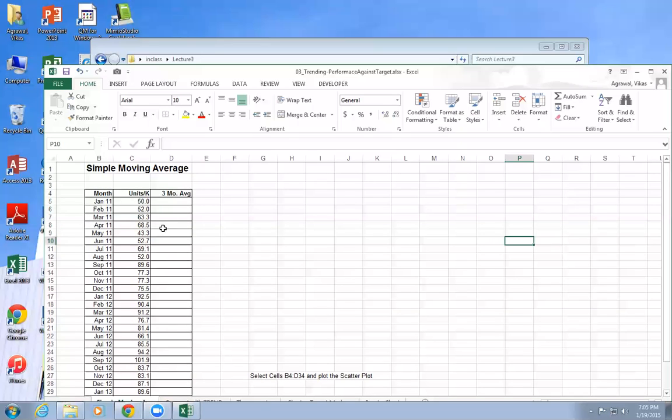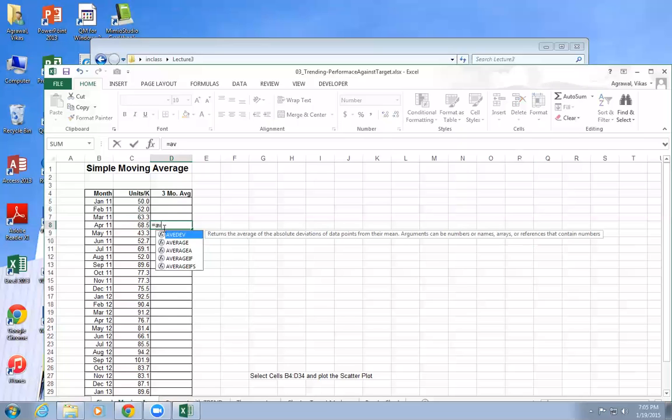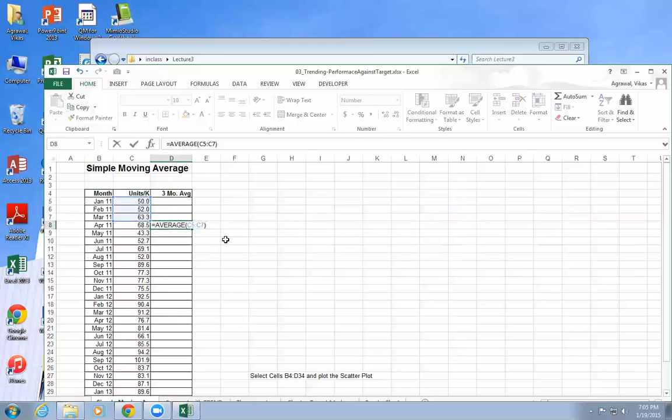So what I'm saying is on the 4th month, I can do my first prediction. Here I'm going to say equals, and simply use the simple average formula, the average of these 3. Now, my question to you, should I make it absolute? Should I make it relative or what? Relative. Should be relative. Why? Because you want it to change as you move it down the page.